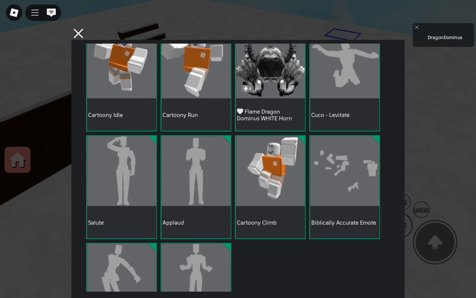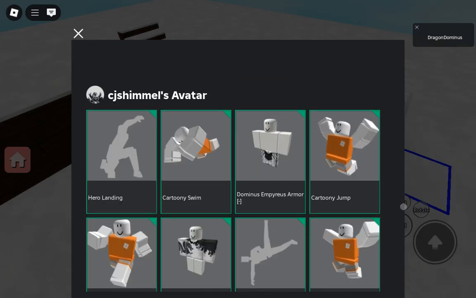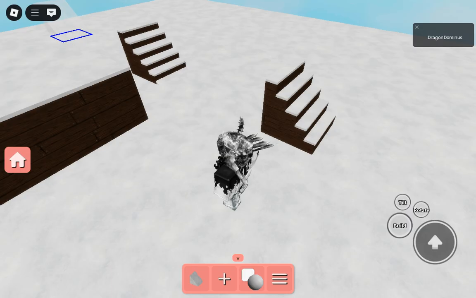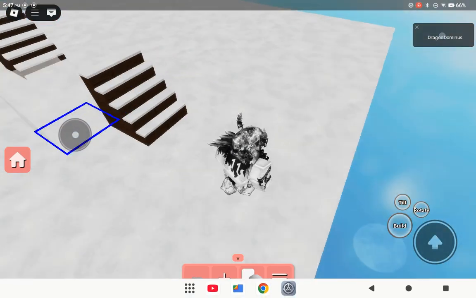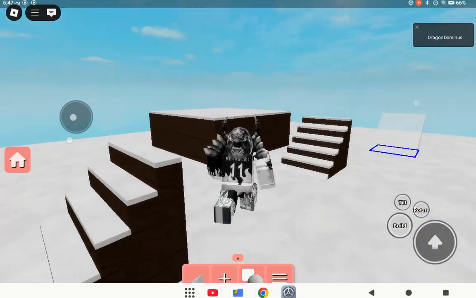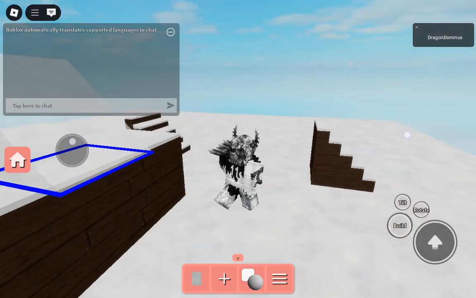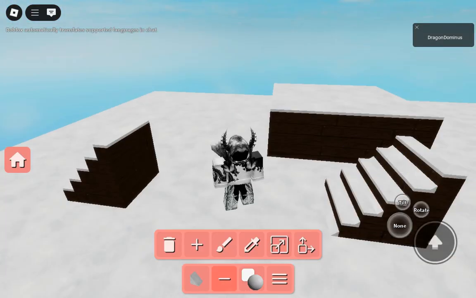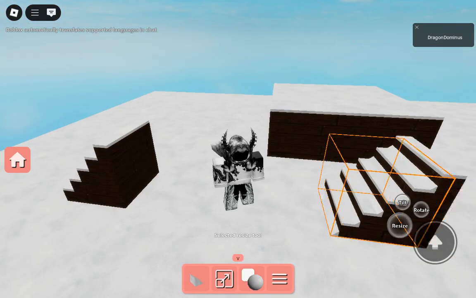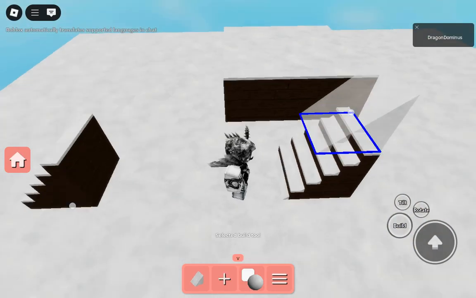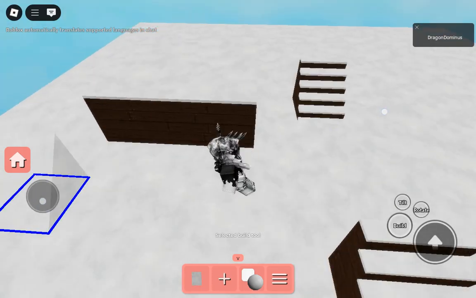But you don't have to get the emotes. But don't use Dragon Dominus. I'd rather do Dragon Dominus Fan, or yeah, just Dragon Dominus Fan. Wait, hold on. Let me check how I did the wedge thing. Okay, yeah. I'll try to find out how to do the wedge thing in the next video, so that's how